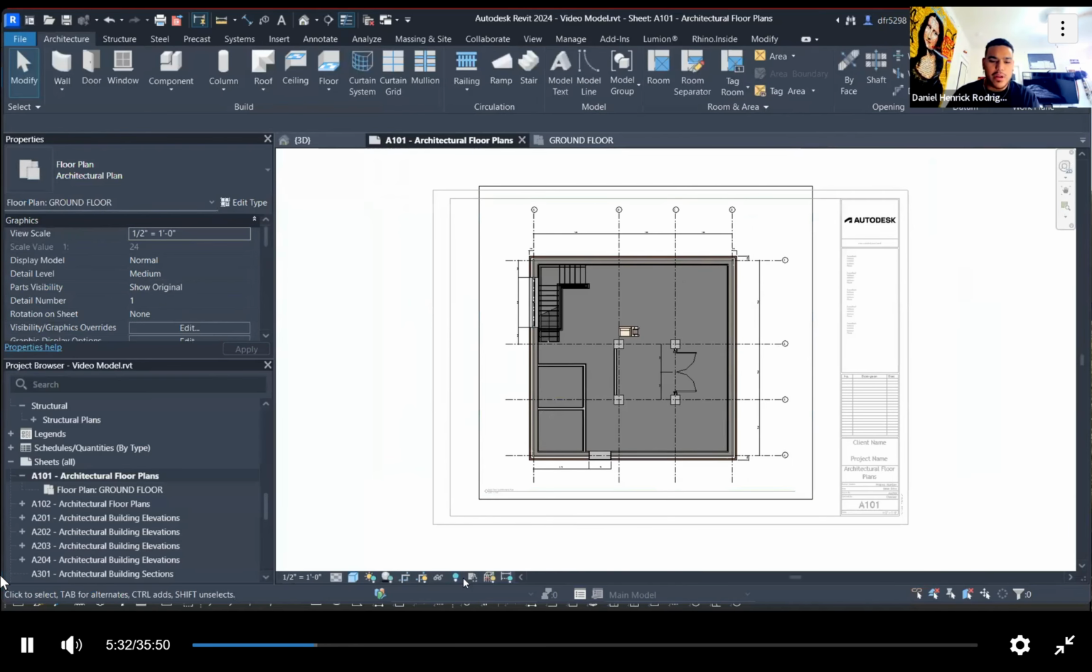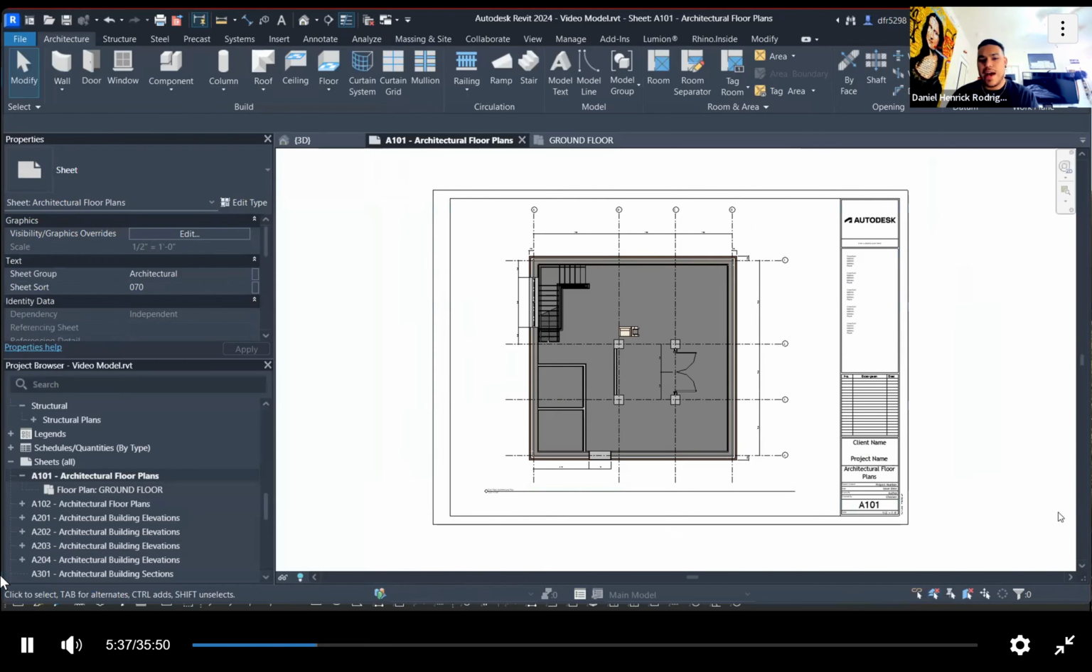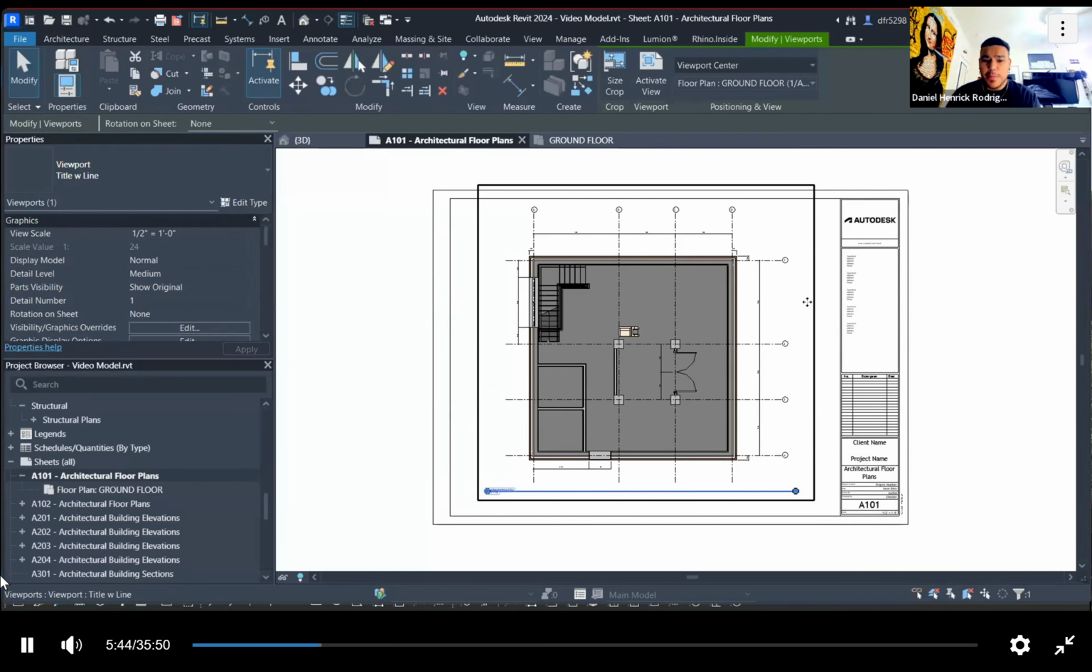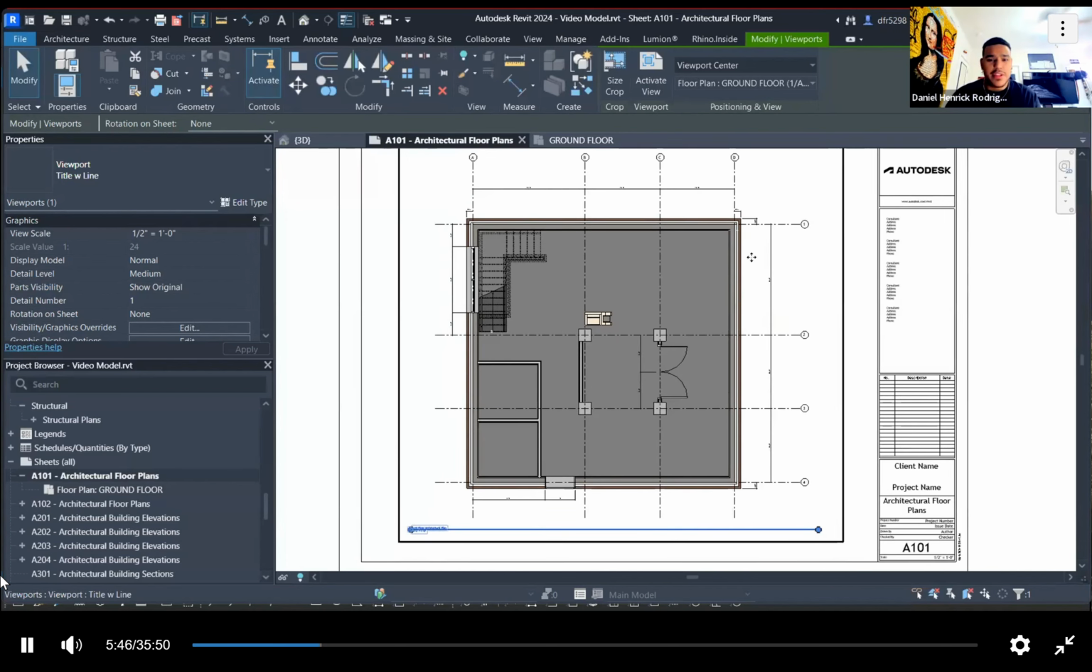Let's double click inside as well, and let's go ahead and hide the crop region. And if we click outside, now this looks like a proper sheet with the floor plan inside. Perfect. Let's make it more legible because even though it fits within the sheet, it's still kind of hard